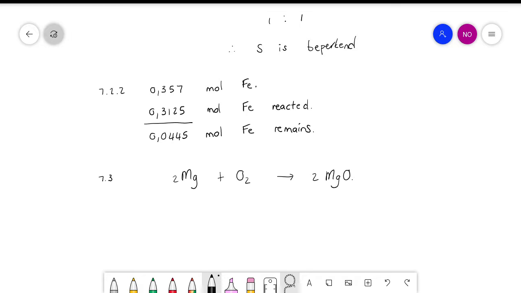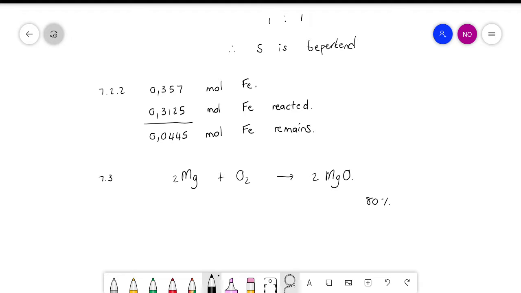Wie van julle het 7.3 probeer? At least tried. Good. Some scratched out. Okay, so this one is sort of the inverse of a percentage yield one, where they tell you that the percentage yield of this reaction is only 80%, which is actually quite high for any reaction taking place. Okay, so die persentasie opbrengs van hierdie reaksie is 80%,